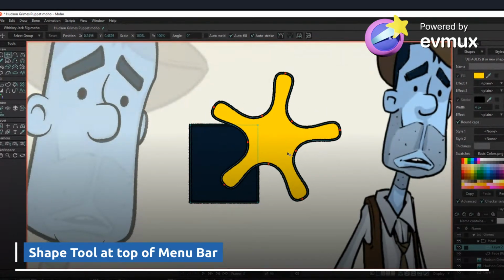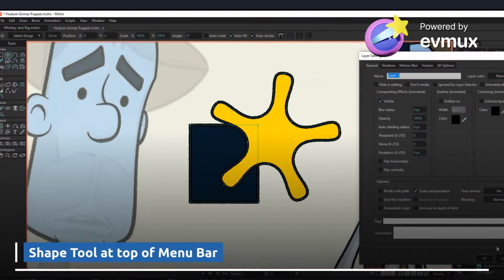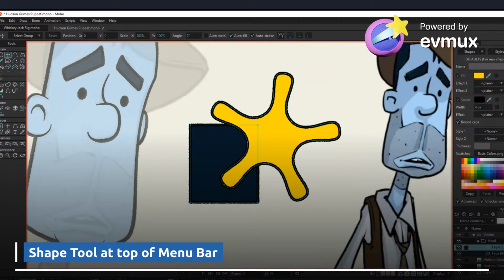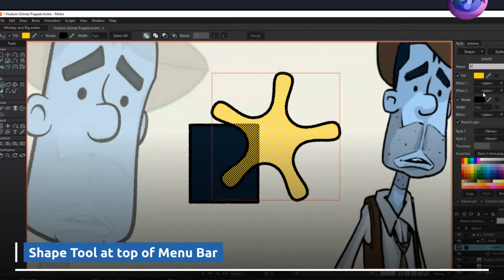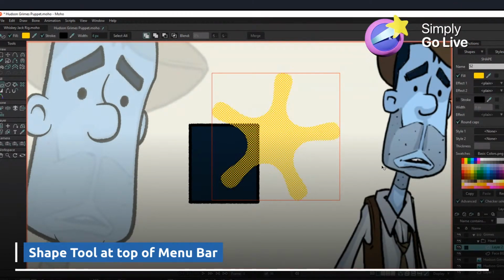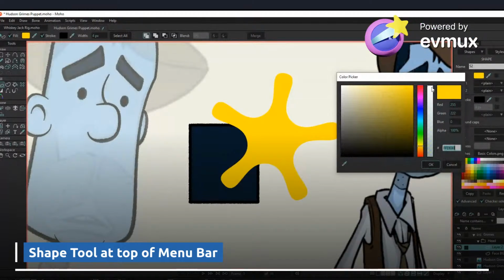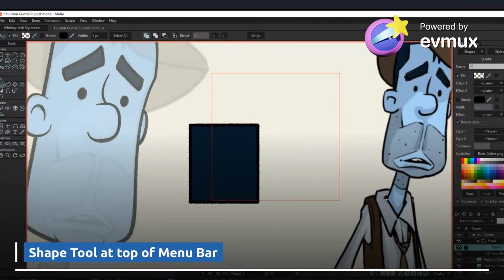Now, if I take this and adjust its opacity, I'm going to select that, take the stroke off, and lower its opacity. Still there, but I am going to do subtract.